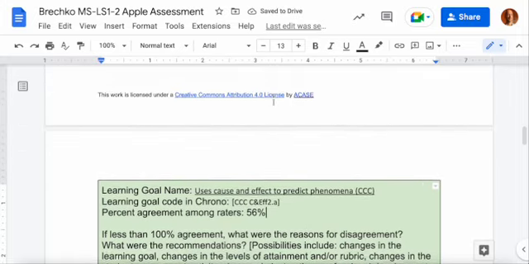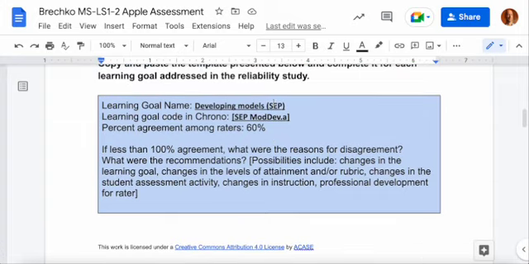All right. So with those things done, you now have each learning goal set up for the actual reliability study itself. So you can just take your notes right in this cell right here instead of doing it on a separate document. Alternatively, if you'd like to take your notes during your reliability study on a piece of paper and a Google Doc, you can put it in here later on. But let's say that my colleagues and I each went through and discussed our ratings for this and why we put them. And from this, I learned